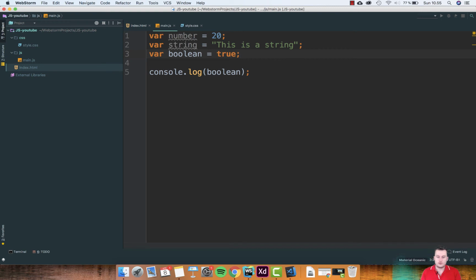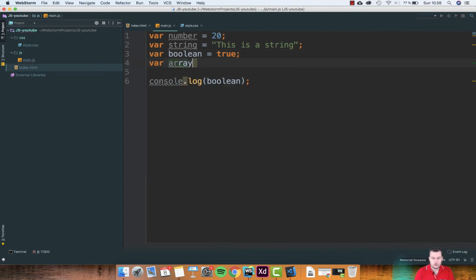There are a few more of these data types that we are also going to be using, so we might as well look into those as well. One of them is something we've already been trying to do. We've been using something called an array. So an array is a set of items, and we use